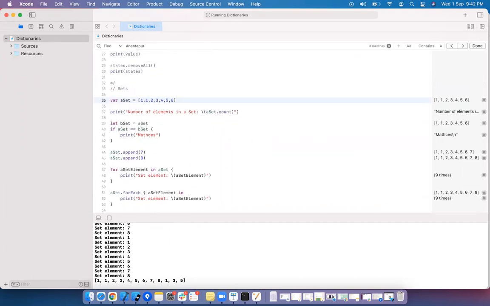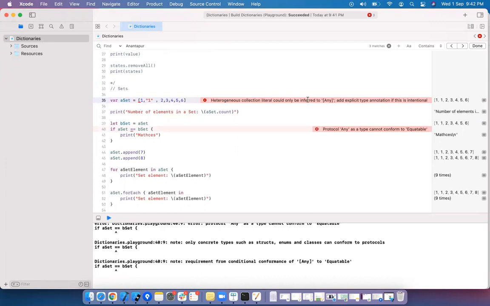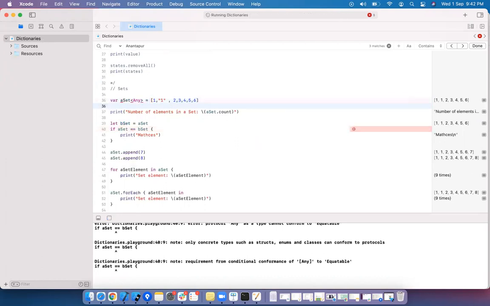I want to do just a heterogeneous collection. Does it all? Let's see what it says.